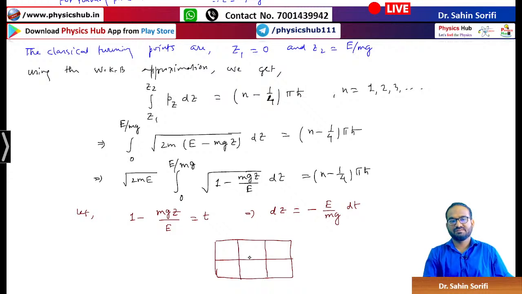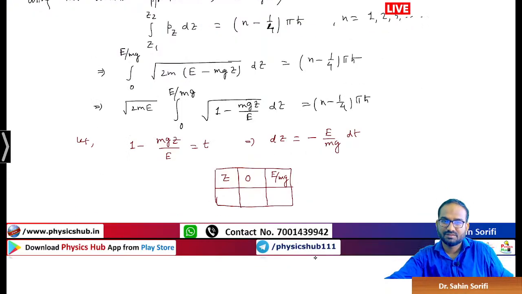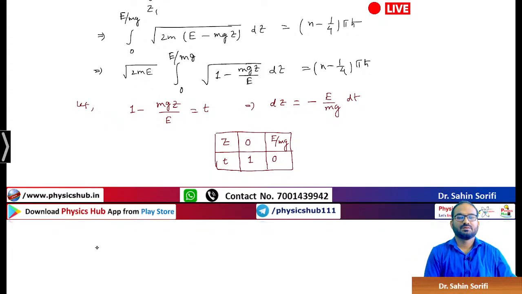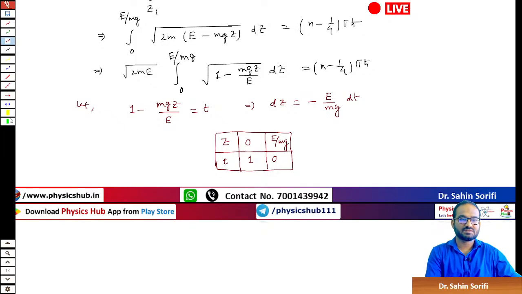Let's change the variable. For z equal to 0, the variable t is 1, and for z equal to E by mg, t is 0, and hence we can write here. We need to actually solve the integration, so this will make our calculation a little bit difficult, but